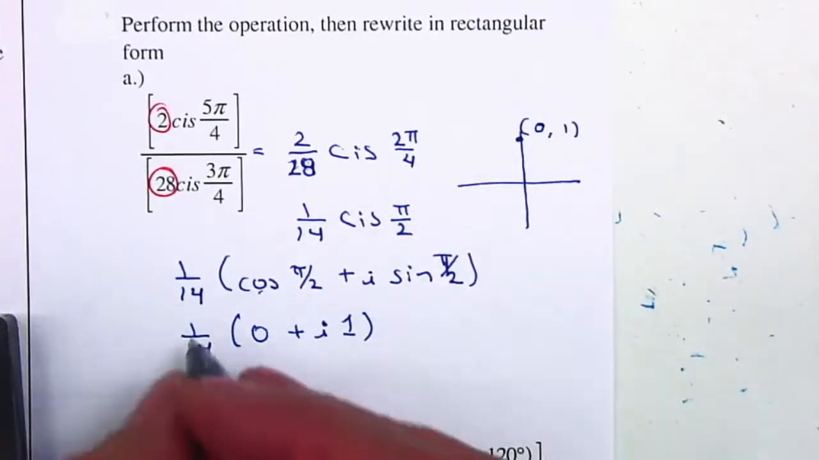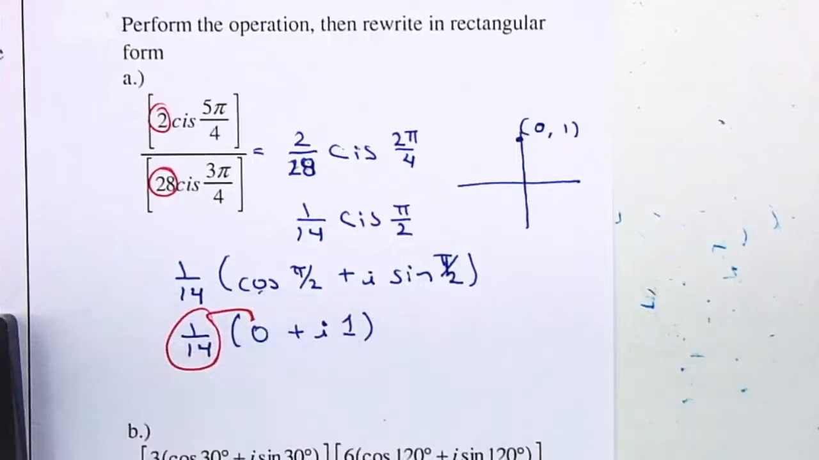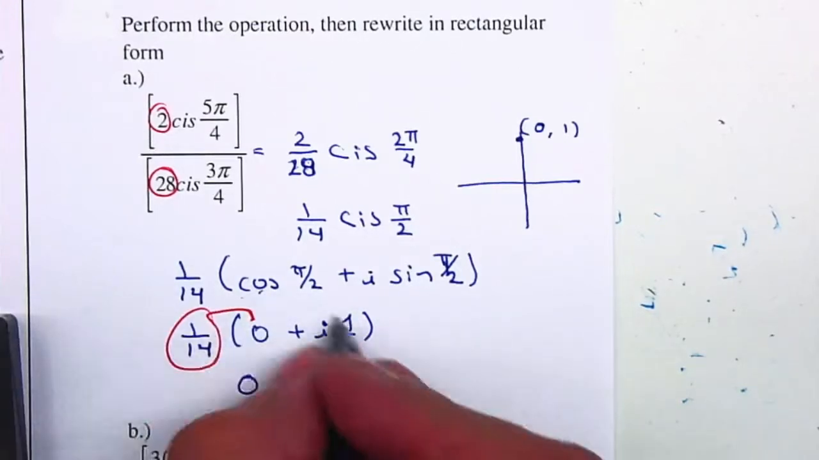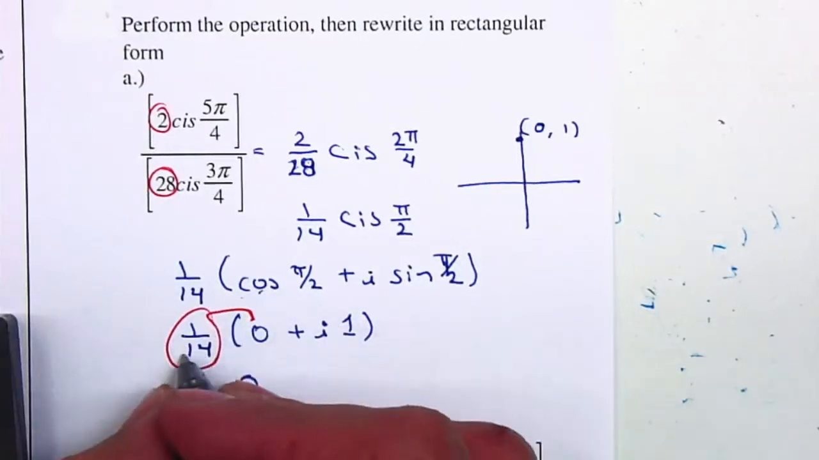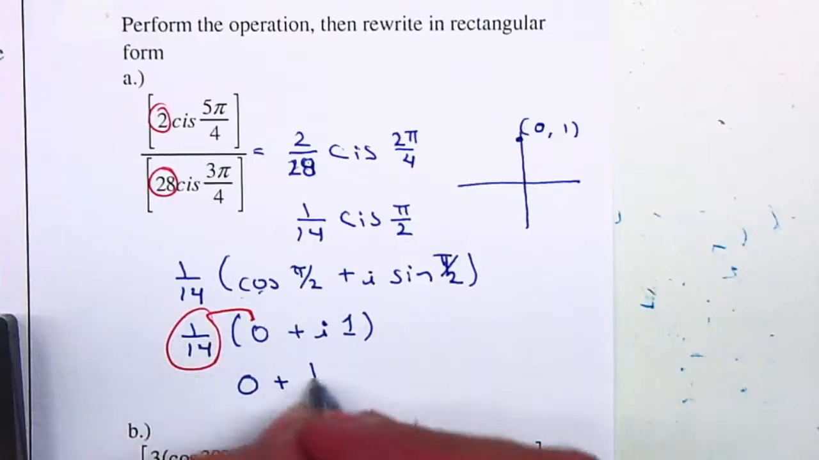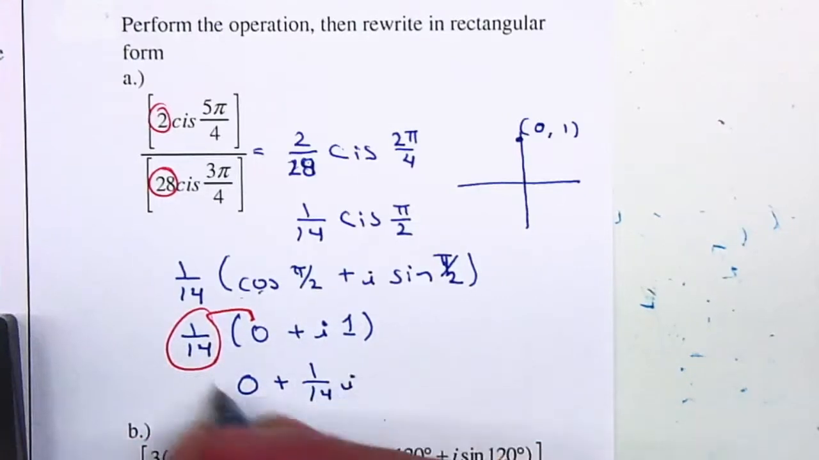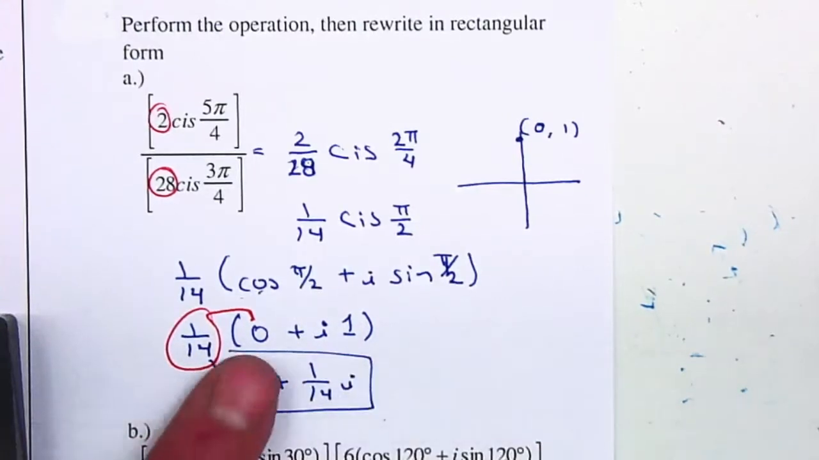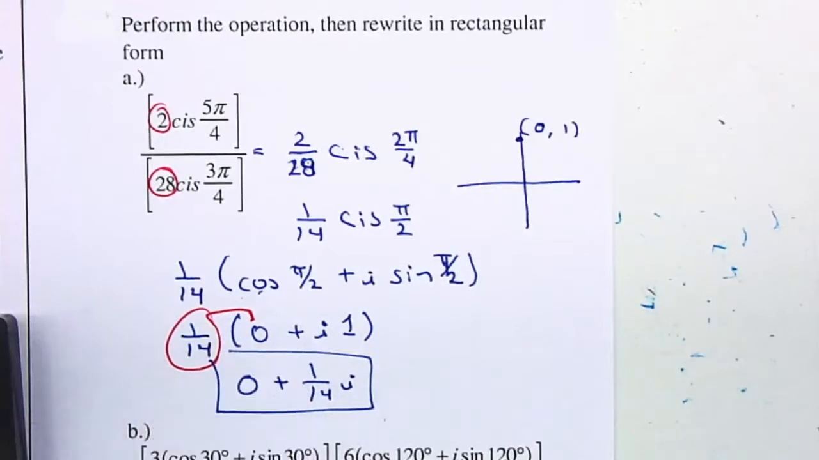Once you distribute the 1 over 14, that becomes 0. And that 1 over 14 multiplied by 1 gives me 1 over 14 I. And you really don't need the 0. You can place it there, but you don't need it. And that'll be your answer. Now for letter B,